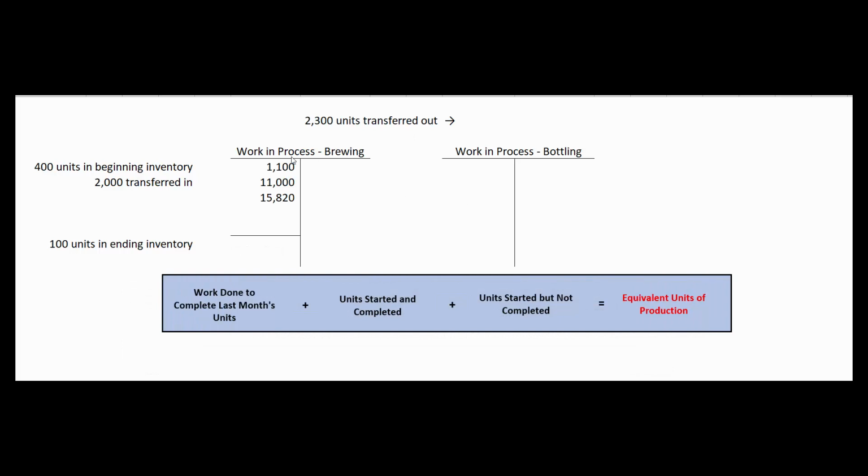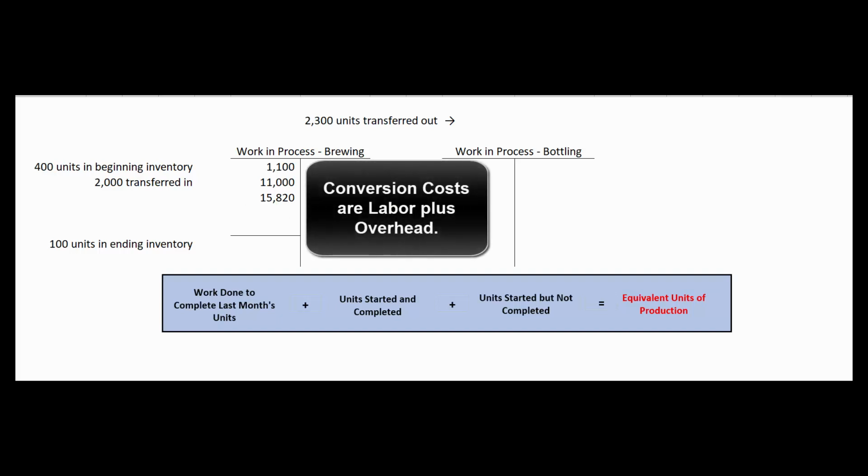So let's pretend that last month we invested $1,100 so far in those 400 units. They gave us $11,000 in new direct materials this month, and we spent $15,820 in conversion costs. Conversion costs, remember, are factory labor plus overhead. That means we have to account for